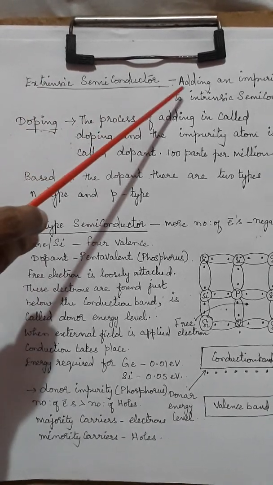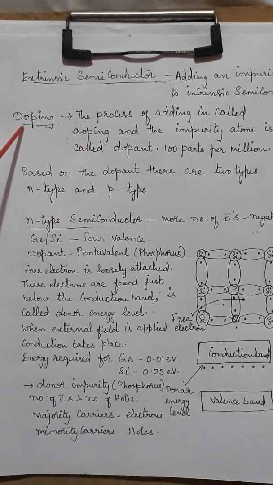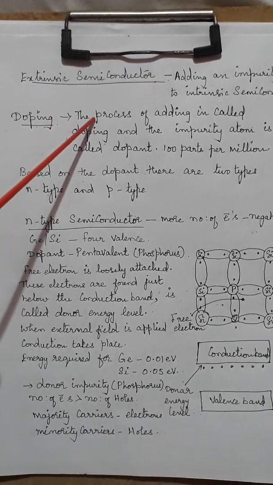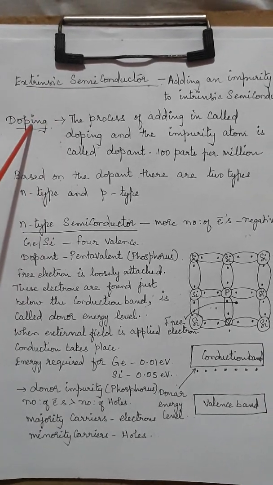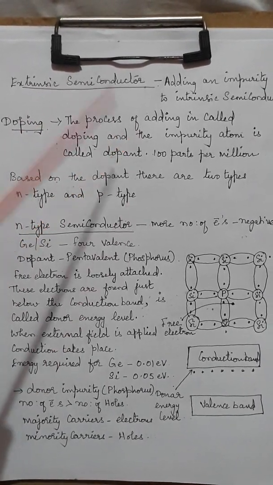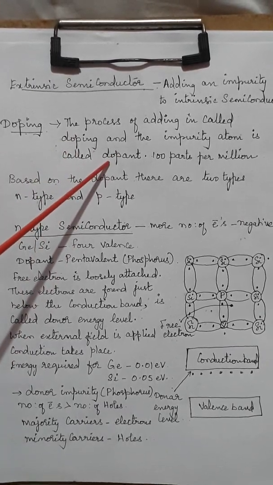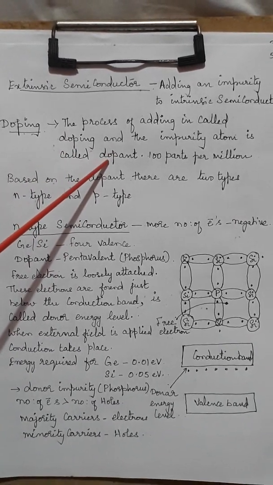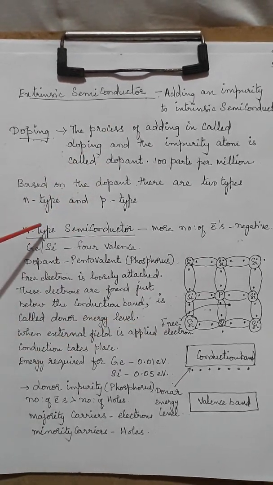So I am adding some impurity. That process is what is called doping. The process by which the impurities are added is called doping, and that particular material which is added is called dopant. So based on the dopant only, it is going to get subdivided into whether it is N type or